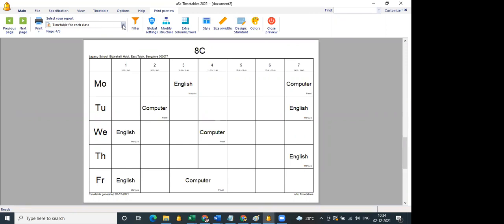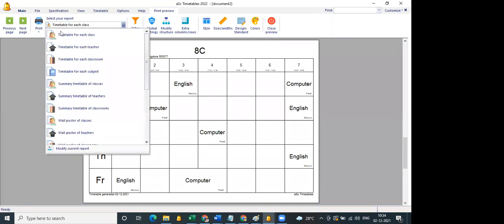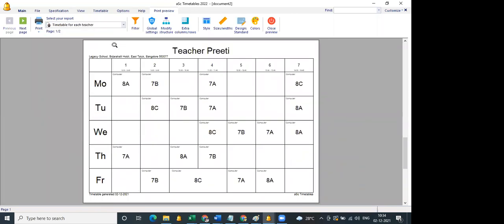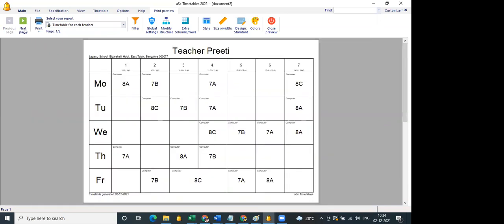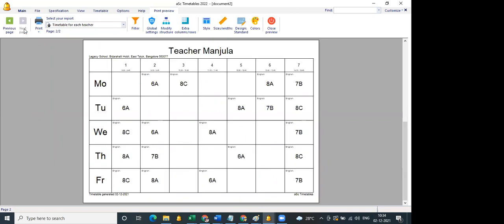Under select your report, timetable for each teacher. So this is for teacher Preeti. And if I want to see for teacher Manjula, I can see here. So instantly the software has generated timetables for classes and teachers as well.